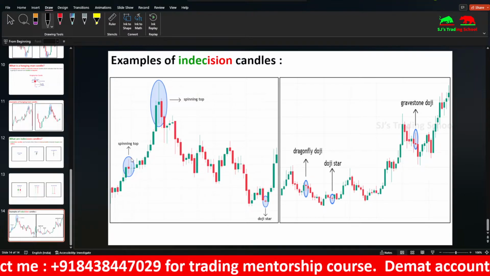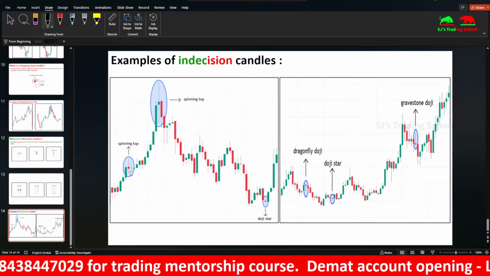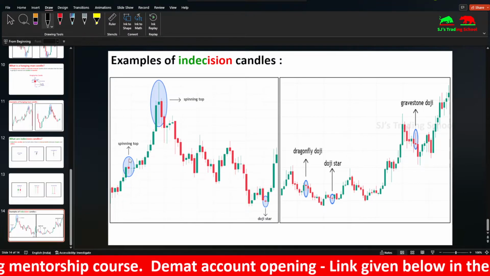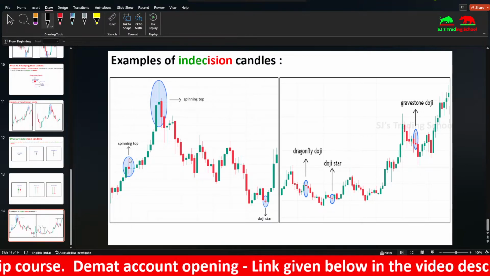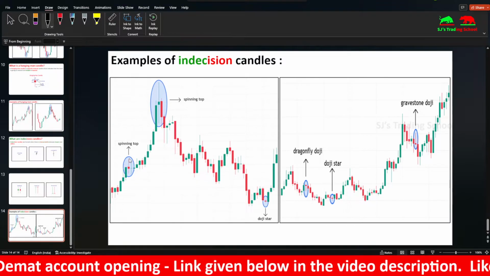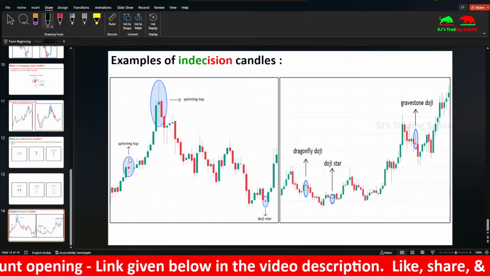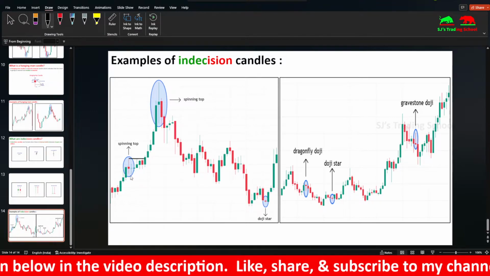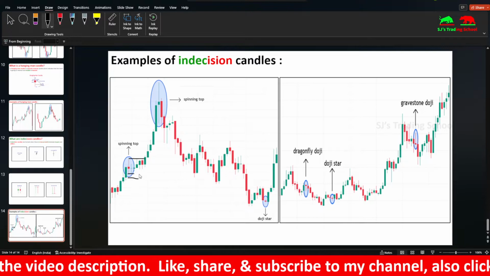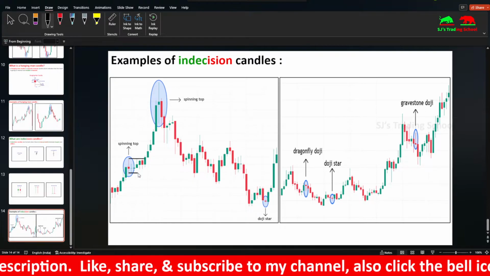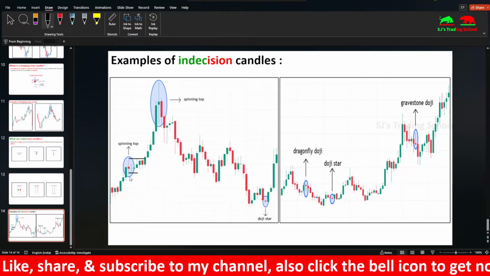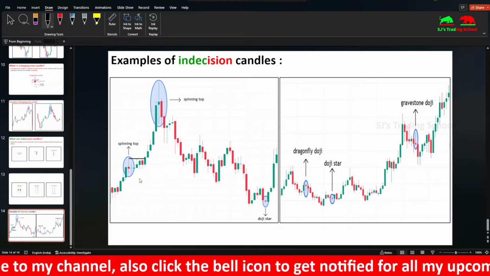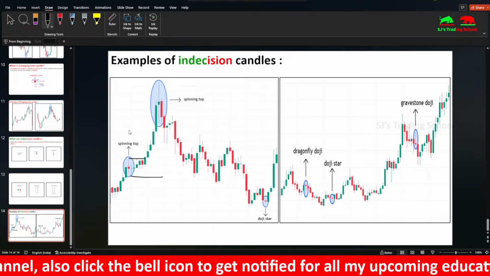Spinning top can be used for both upside and downside movements, but usually you take it as a reversal point. Beginners can use it only for reversals, but experienced traders can also use spinning top candles for trend continuation. They can even take an entry here and put the stop loss at or below the low. If put exactly at the low, your stop loss would have been hit here. If you had put it 2 or 3 points down, you should have gotten a successful trade here,